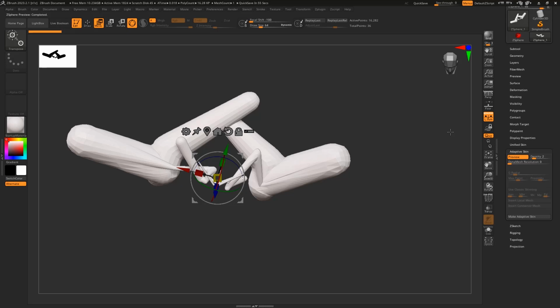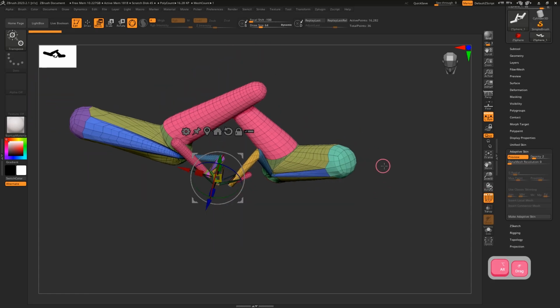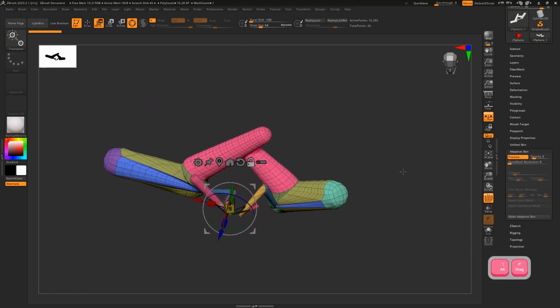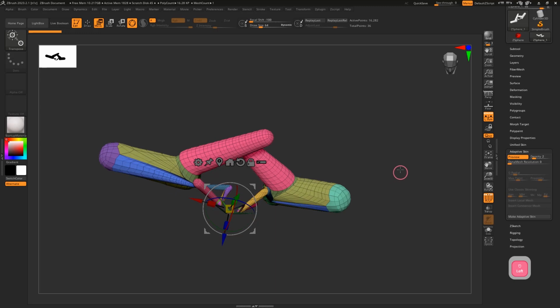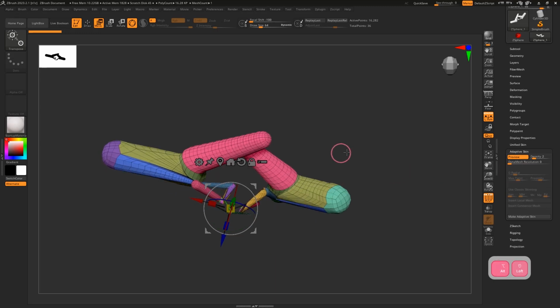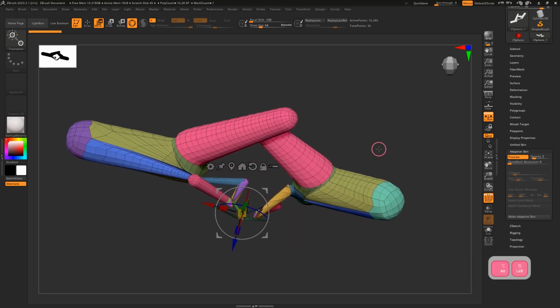So if you are having a better day creativity-wise, you're going to have something more meaningful than this, obviously. But if you just hit preview and let's do polyframe, you can see that now we have a very interesting shape that we might actually use for a mesh in ZBrush. So let's lower the density, and you can see the higher we do the density, the more it looks more